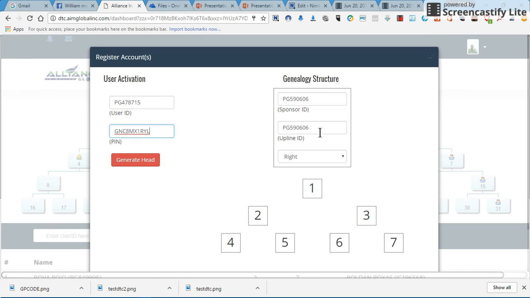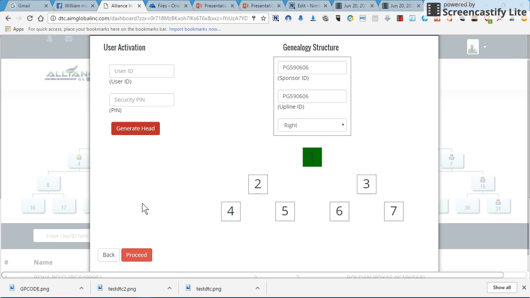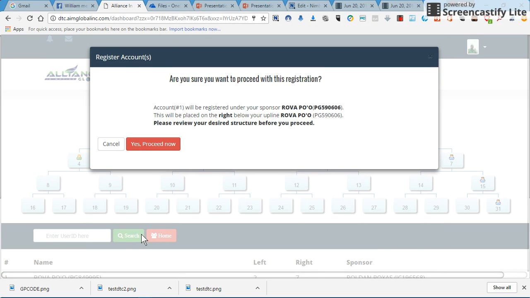The sponsor, the upline, and then in the right side, then generate heads. After that, proceed. Account will be registered under sponsor.